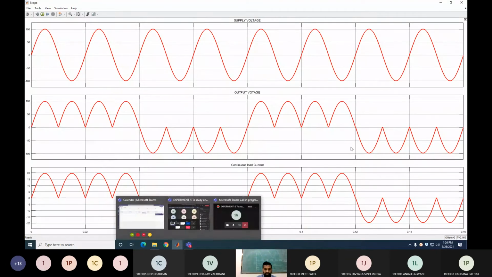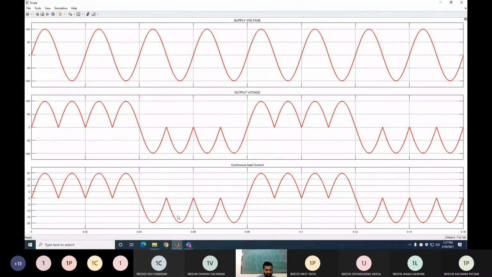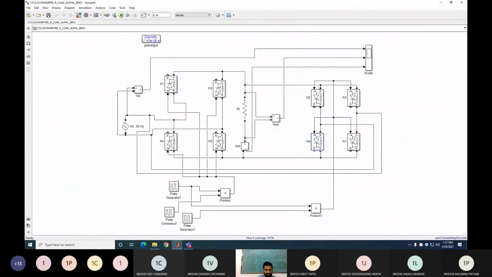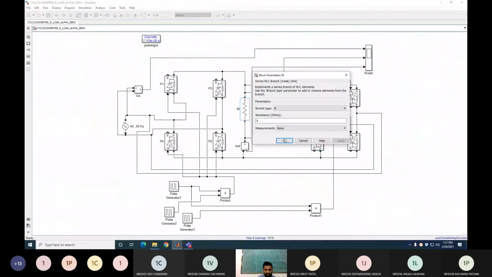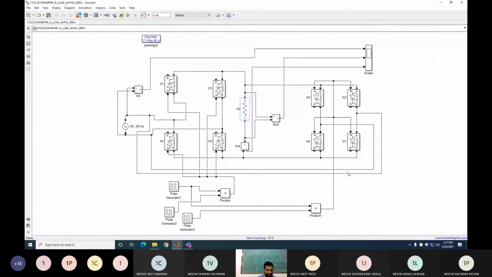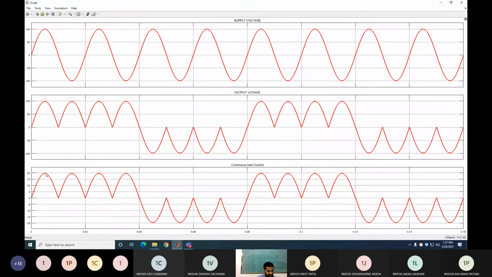No, sir. Okay. So here you can see the waveform of load current. Here we take the resistive load, so you can see the shape of load current is as it is, like the voltage. Just the magnitude changes. Here we take the peak supply voltage as 100, so the output voltage is also 100, and we take the resistance value, how much? You check here. It is 5. Okay, so 100 by 5. It is how much? 20 ampere. So 20 ampere peak current you get across the load. So you can see here this is the peak current, and it is a sinusoidal shape, same as the output voltage, because for a resistive load voltage and current are in the same phase.